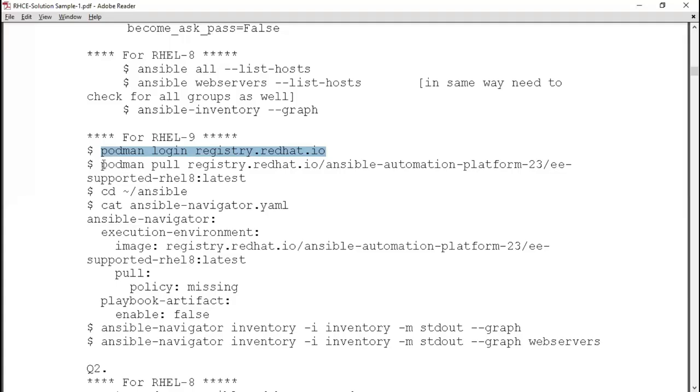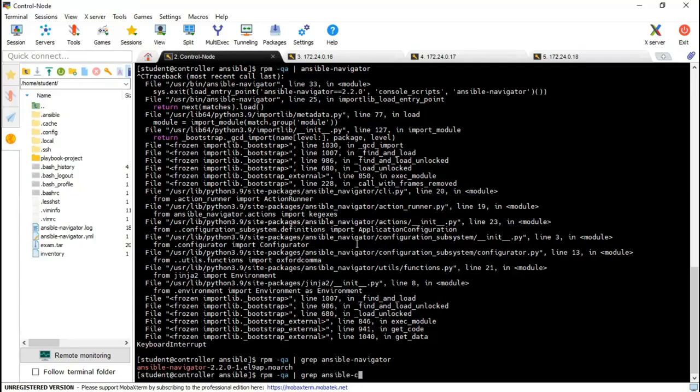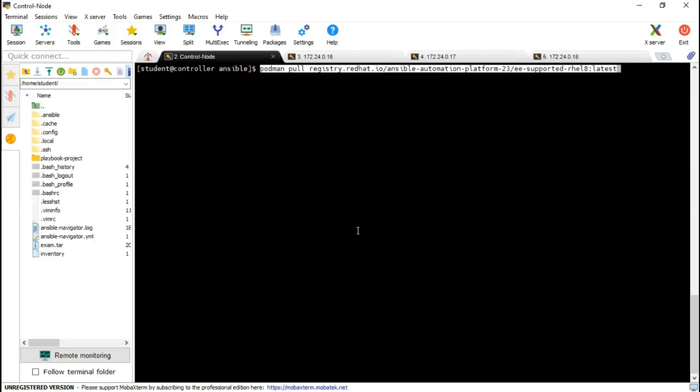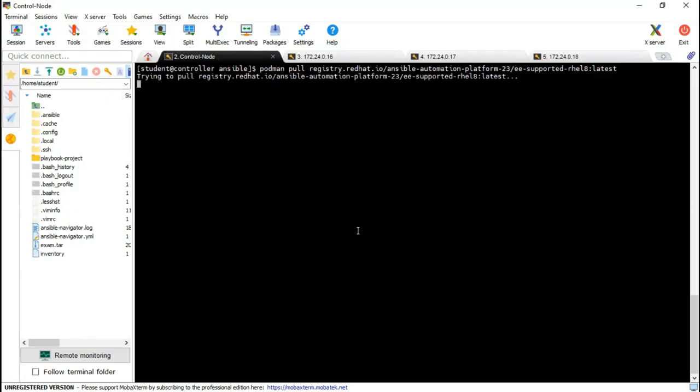In that case, instead of 2.3, you can pull 2.2. In exam, it's 2.3 only. In our case, it is 2.2. So just pull the image based on your ansible-navigator. So I will copy this. And instead of 2.3, if I pull the higher version, it will also not make any problem for me. So I can do that.